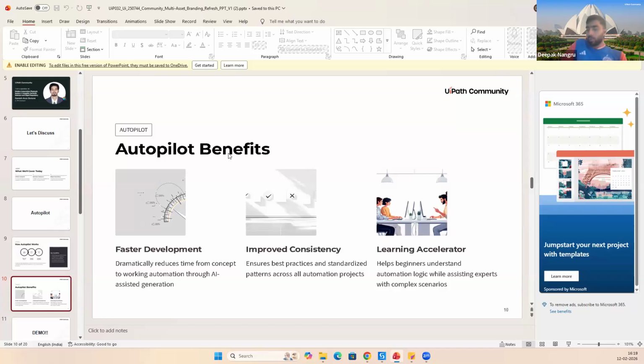It is linked in your Studio and Assistant both, so that if you need any kind of context, it knows what you are trying to do, what you are trying to achieve, and it can also reference things that you have in your environment. For example, in Studio Web or Studio Desktop, if you have an idea that you want to create, say you have to go to a certain website, do some things there and do something else, here you are just giving the context and Autopilot can create the workflow for you.